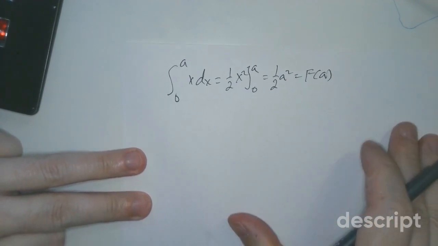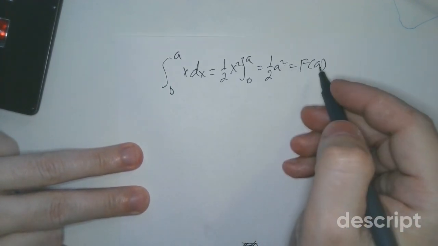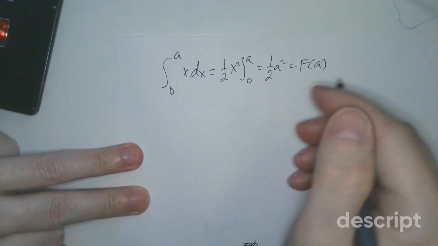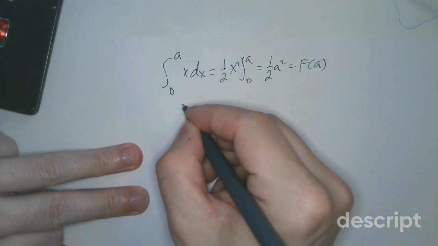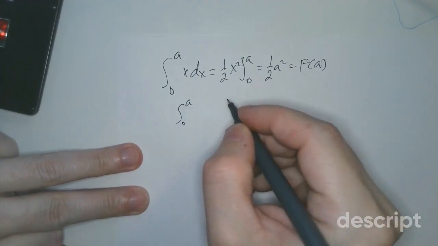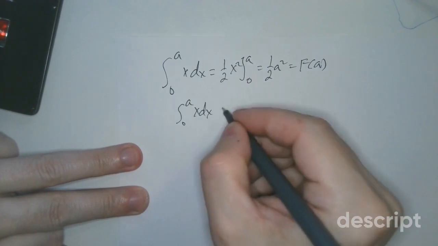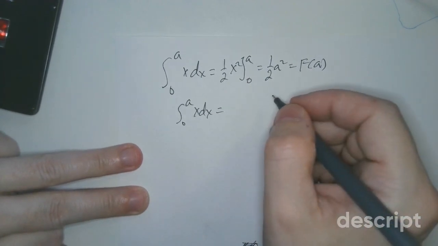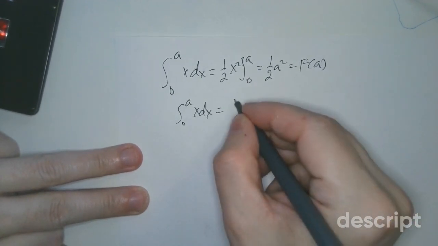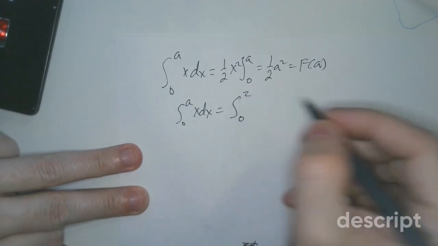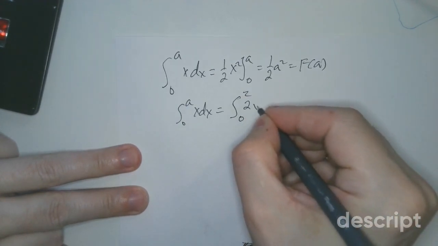Pretty straightforward so far. So what I want you to do is solve the following equation. What should a be here so that the value of this integral is equal to the value of this integral from 0 to 2 of 2x